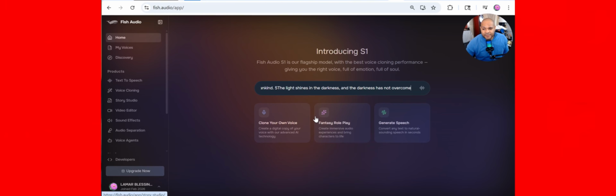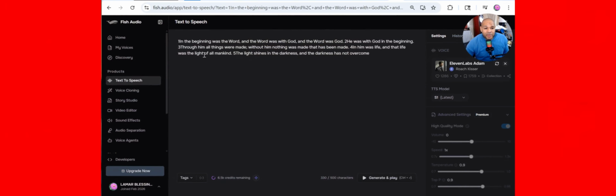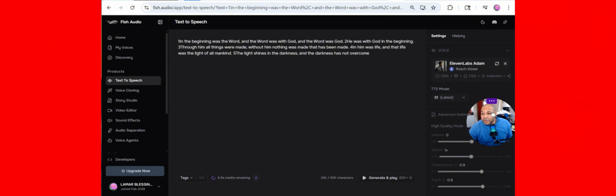We're going to paste that right here, and we're going to hit this. And now we come over here. It's going to take us to the text to speech. So let's just hear how it sounds when we pick the person that we want. So let's hit play. Okay, so it takes us right to the paid version. So what we want to do is see if we can get it to play what we have.